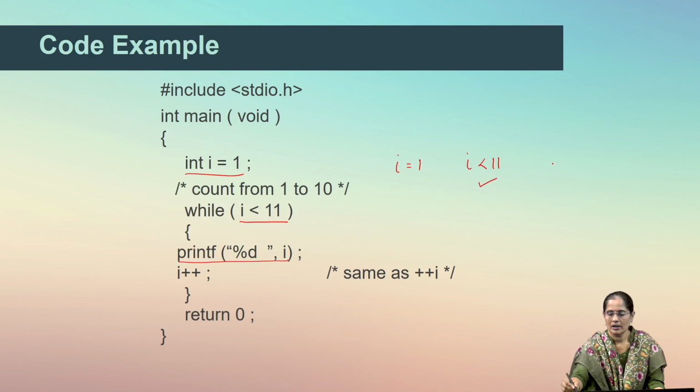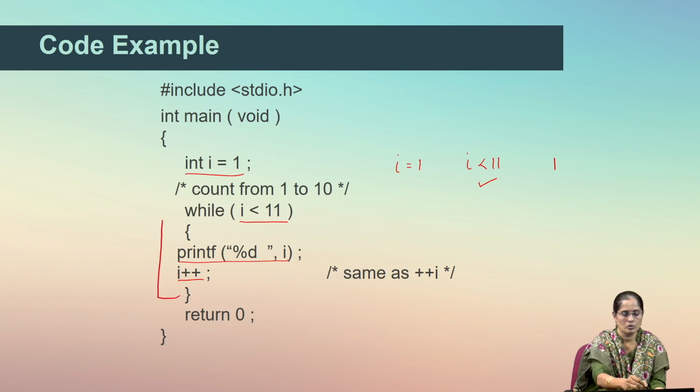So, when it prints the value of I, it is actually 1, and then the value of I is now incremented by 1. This is actually post increment operator. After executing this statement, the loop will be again iterated. So, it goes back to the